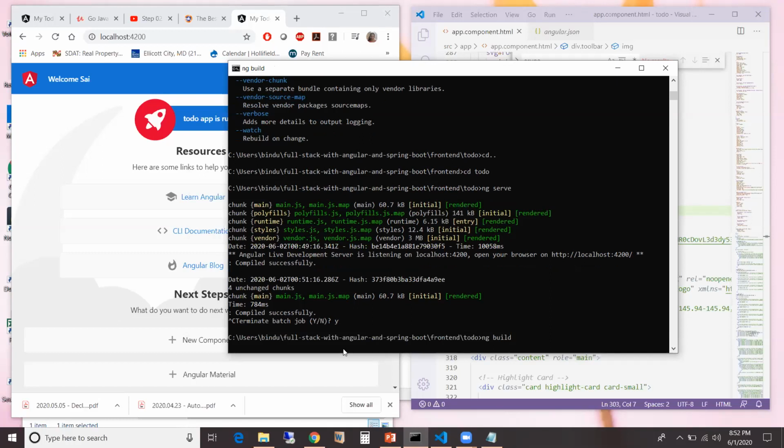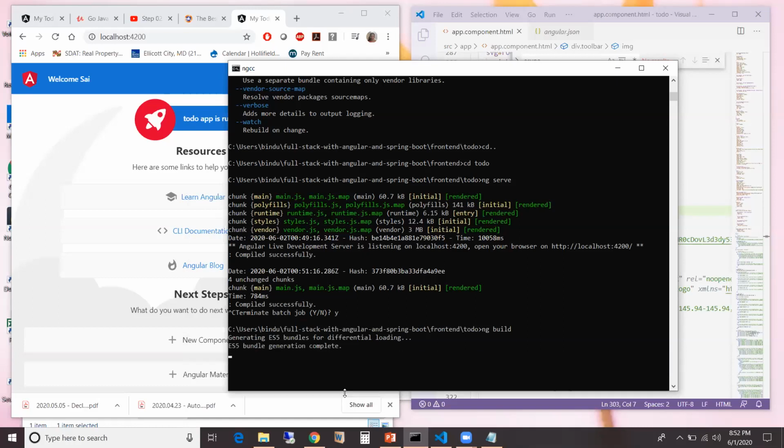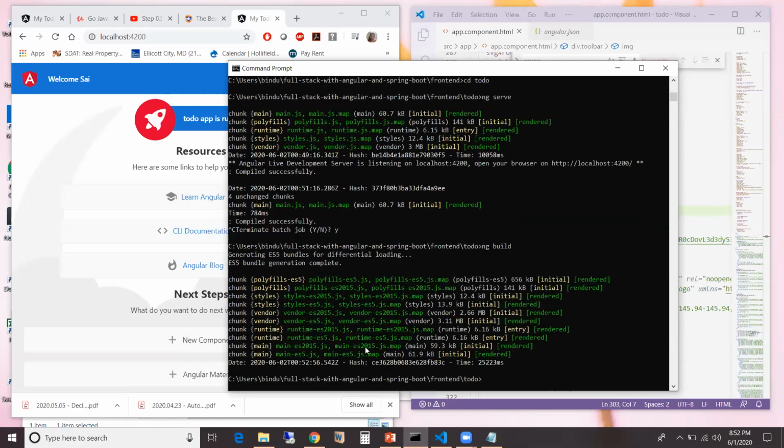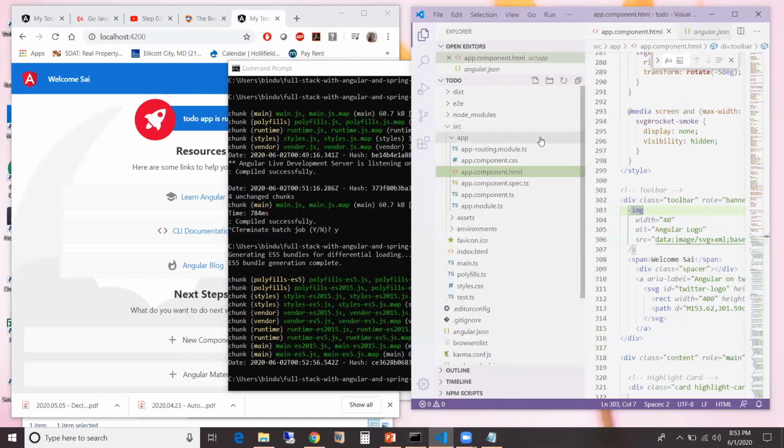But when it builds, it also creates a folder called dist, and we can see it here.